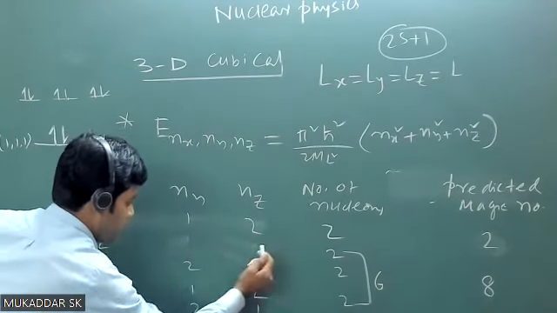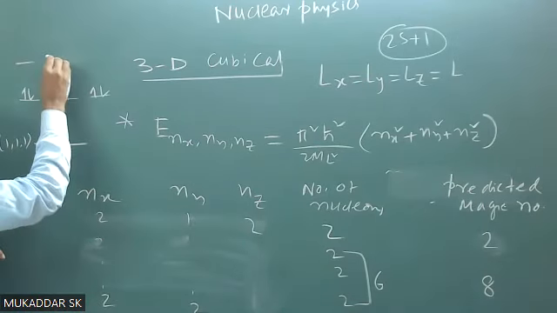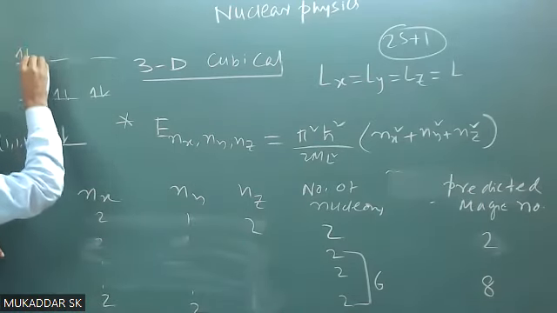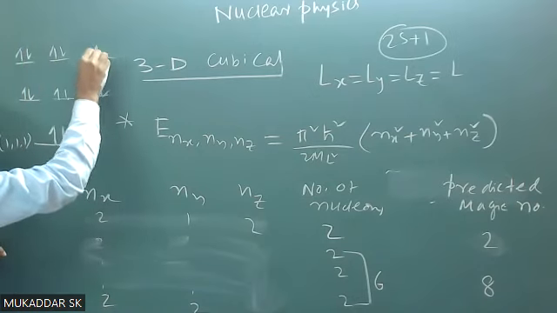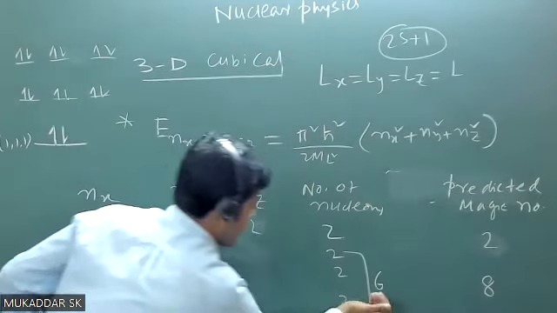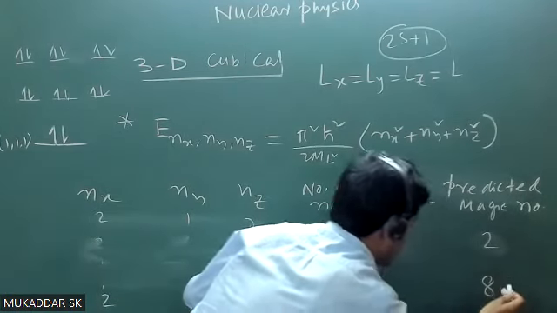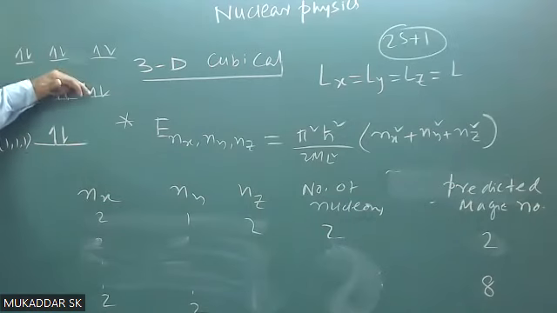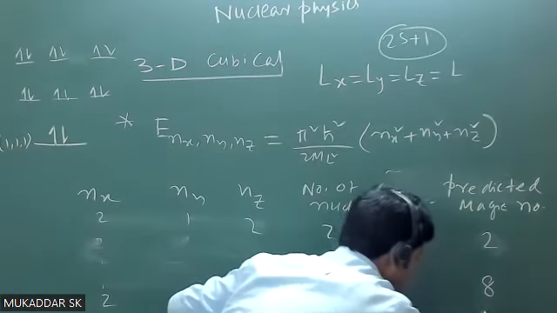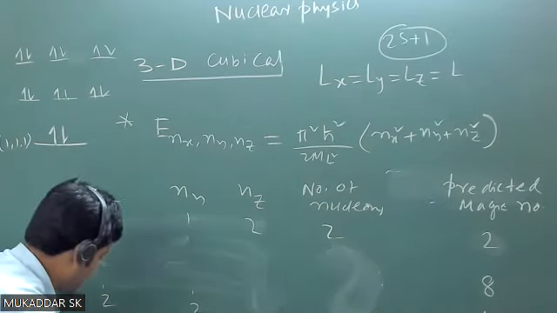How many can stay here also? 6 can stay, right? In that next state it can stay. Write it here, better, right? Here 6 can stay, so 2 + 6 is 8, 8 + 6 is 14. So the next predicted number will be 14. Write it here, below this, right, that is your